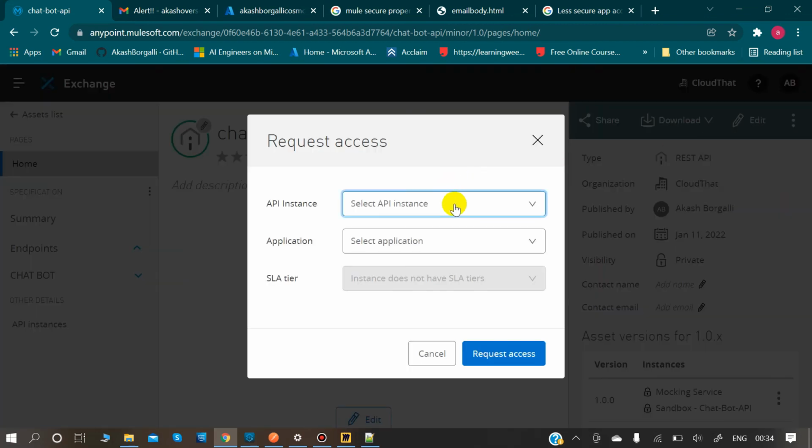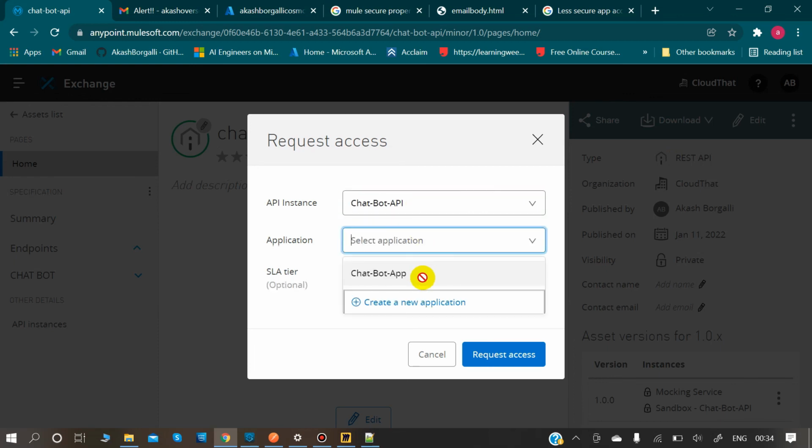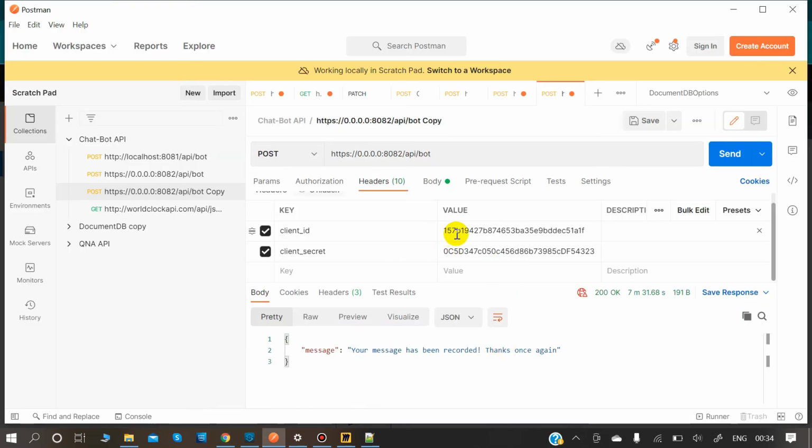Here you would give that, see, it's coming, chatbot API that we saw in that label, and then application chatbot app. You would select a new application as you haven't created an application. For now I have created it, and if I do a request access, it would give me that particular client ID and client secret, which I would add here, as you can see.